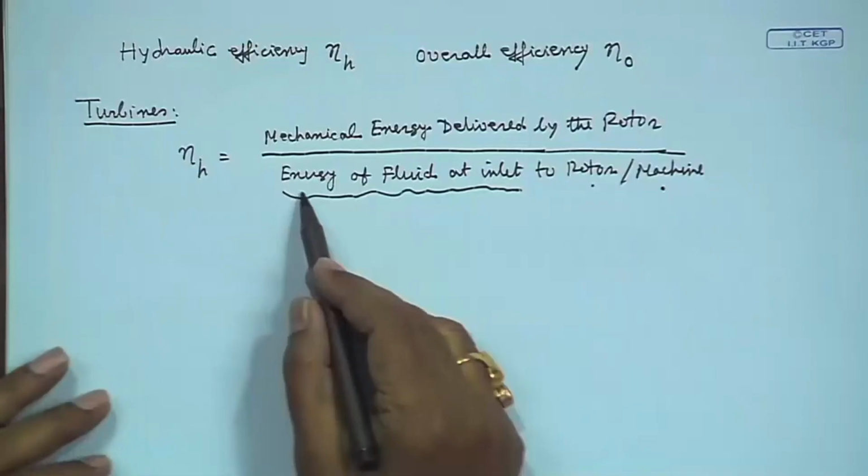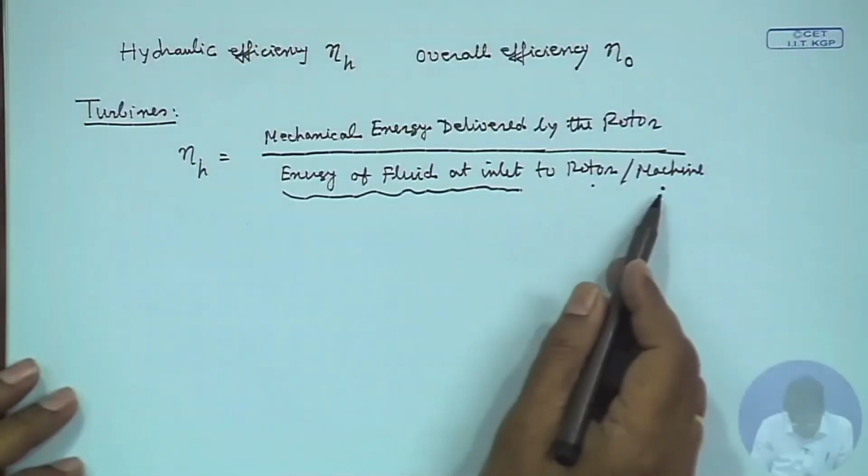Now, if you think not of mechanical energy but the total energy inclusive of intermolecular energy, which we call thermal energy, then if we neglect the heat loss from the machine, or no heat transfer between the machine and the surroundings, by the conservation of energy, the energy at inlet to the machine will remain the same at the inlet to the rotor, because the stator does not perform any mechanical work. So, therefore, we write energy of fluid at inlet to rotor or machine.